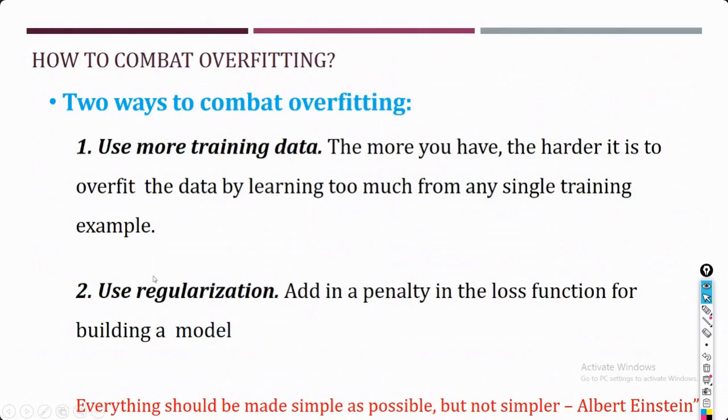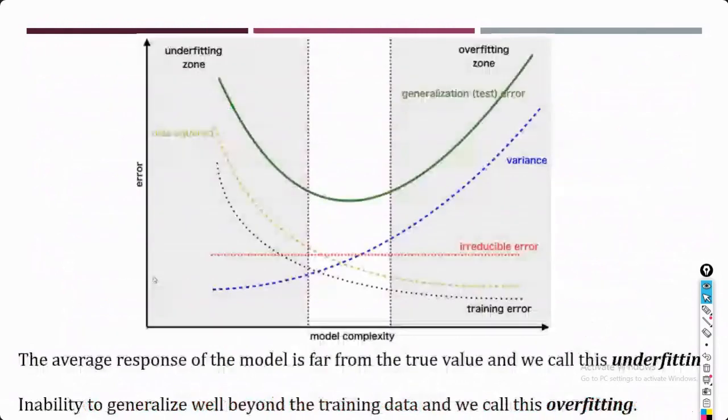That means I am adding a penalty to my model if it is increasing towards a complex model. Like we have seen here, if I'm increasing the complexity of the model, the same way my overfitting is also going to increase. So if I reduce the complexity of the model, then it's going to be at this side. Suppose I've reduced it here, it's going to be at this side.